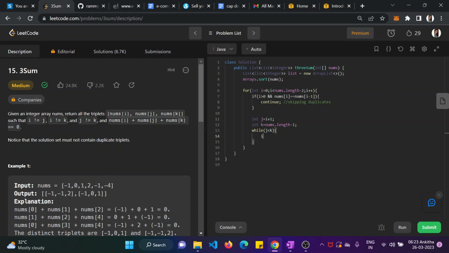now you have to check if nums of i less than nums of j less than nums of k. Okay, so you can initialize the sum. We will declare a new variable, sum, equal to nums of i plus nums of j plus nums of k. Then you have to check if sum equal to 0. What if the sum is equal to 0? If sum equal to 0, then you have to add that to the resultant